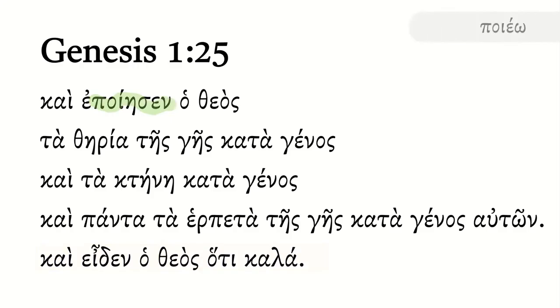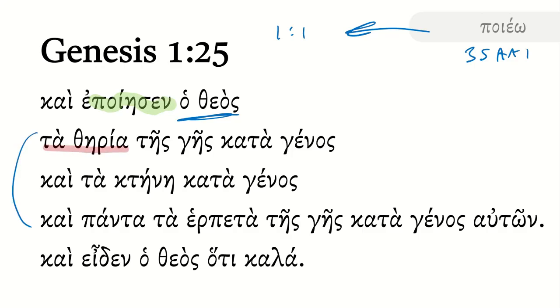Well, as we've seen many times, our operative verb here is apoiesen, with God as the subject, and so this is a third singular aorist active indicative, God made, once again referring back to Genesis 1:1 and some other verses here. God made. Now, what is he making? You'll notice there's a chain of things that he's making here.